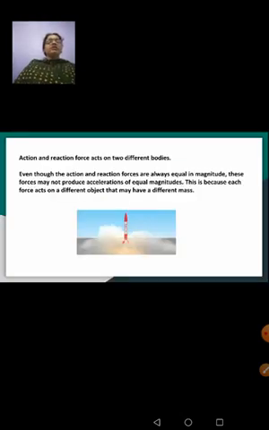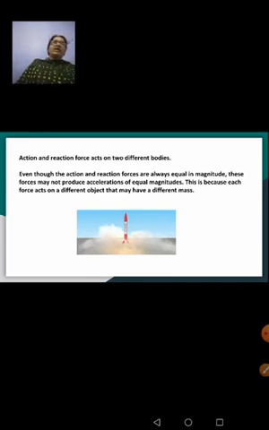See, as I said, action and reaction force act on two different bodies. Now, in the case of rockets, what happens? How is Newton's third law applied here? Newton's third law states that every action has an equal and opposite reaction. What happens in a rocket? The burning fuel creates a push on the front of the rocket, pushing it to move in the forward direction. This creates an equal and opposite push on the exhaust gas in the backward direction. Understood? So this can be given as an example for Newton's third law of motion.